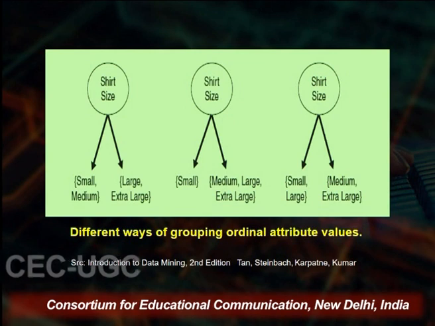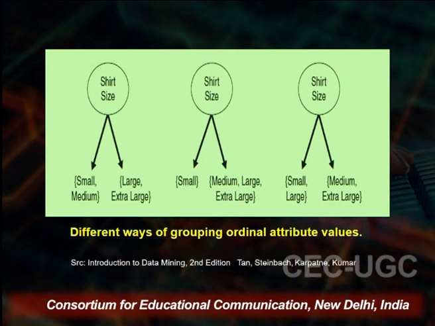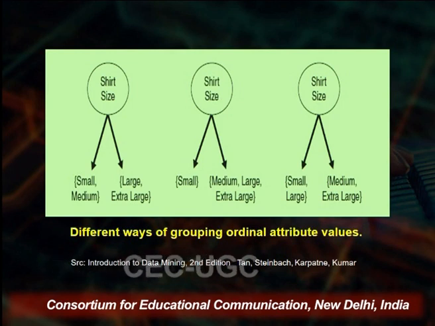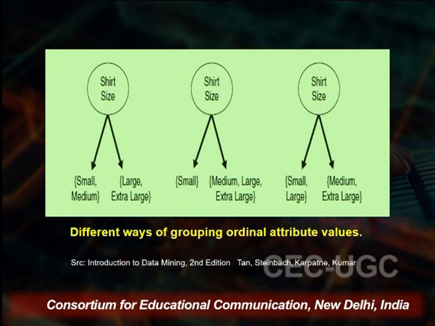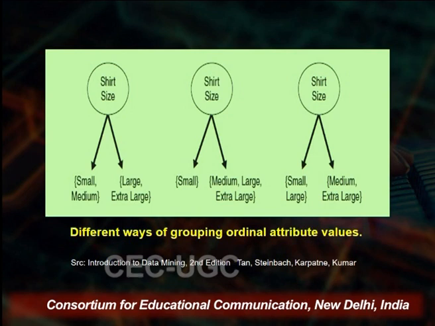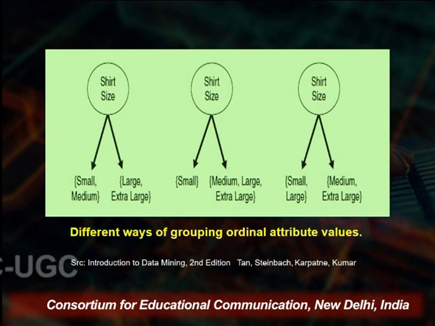For example, if we look at this particular case, we have the attribute shirt size. Shirt size is an ordinal attribute because there are multiple values in which the order is important. So you have small, medium, large and extra large. These 4 values are there for your ordinal attribute shirt size. Now if we are trying to create a two-way split, only a binary split, for the shirt size attribute,